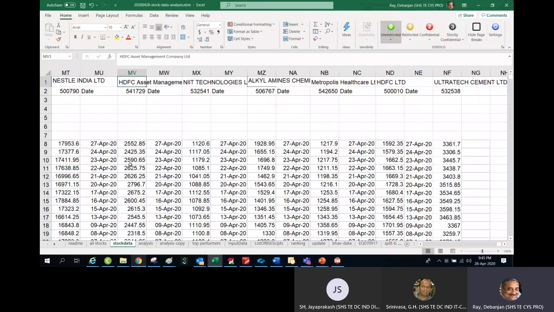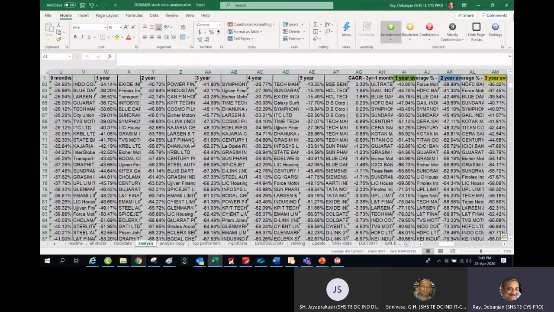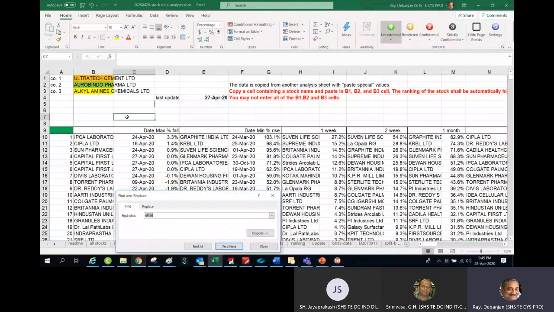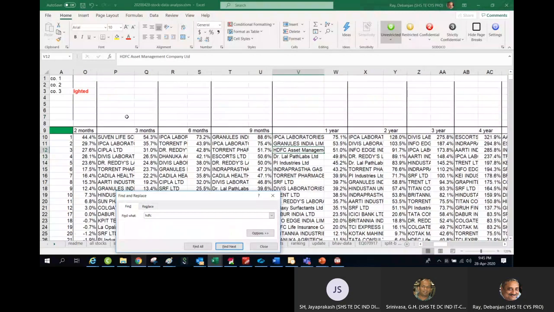So what is your question? I have seen this value under the second year, third year, fourth year column also in the analysis sheet. This one, or this one?